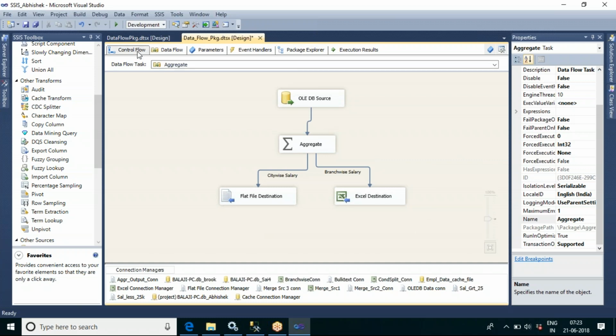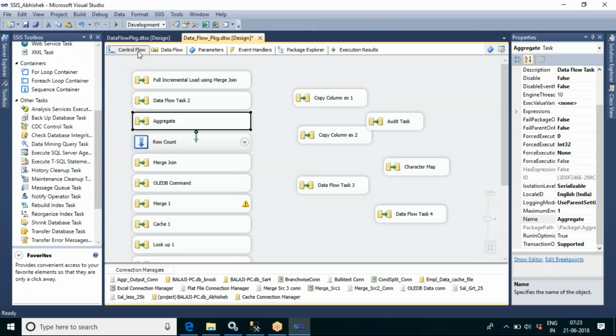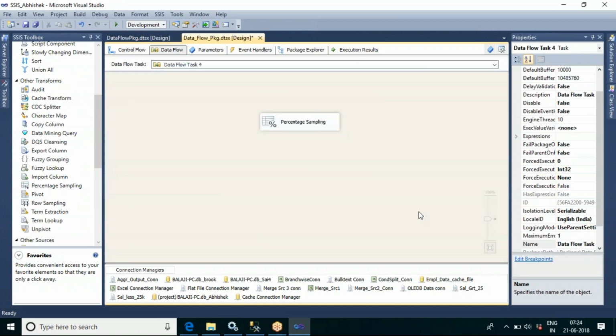But at the testing phase, you don't need to test the entire source data, no? You can take only part of the data, say 30%, and proceed with the testing. So if you want to test only with 10% of the source, we can use this percentage sample. It will give us 10% sample data for my testing purpose.